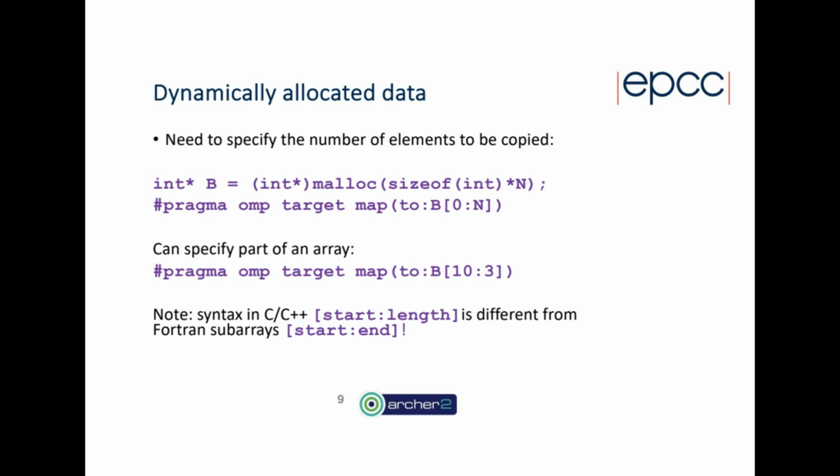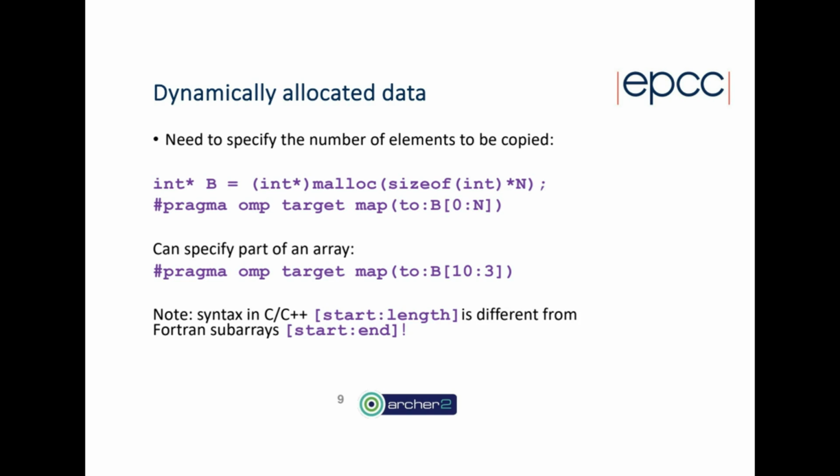So for example, if we have a pointer B and we malloc some amount of memory to it, then if we want to map that to the device, I have to tell it the starting element. So start from element 0 of this array and map n elements. So the syntax is